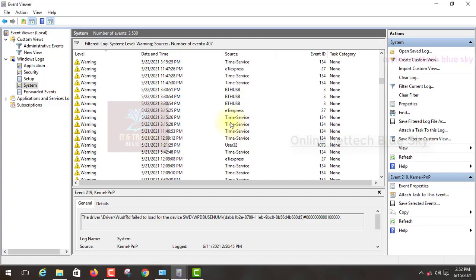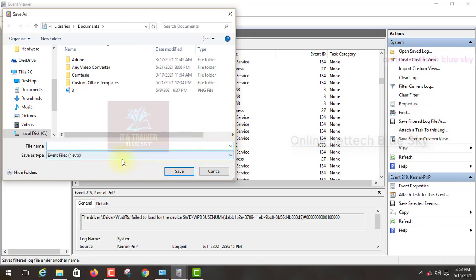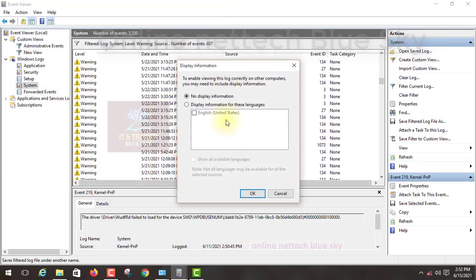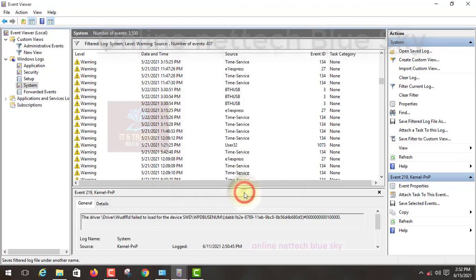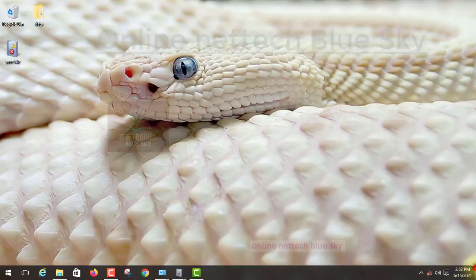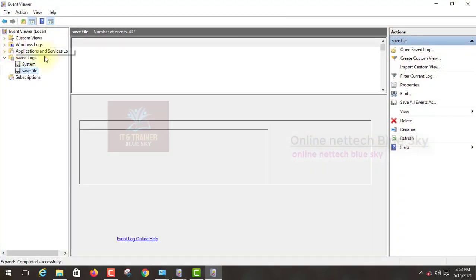And you can see here there is a save option for everything, all the warning related information. So I can save these. Give it any name, and save on desktop. And this saves everything. No display information, if you want display information. I'm not displaying information because it is very important and confidential. You can see a saved file. Okay, see. This is one type of data showing me here, only warning information.